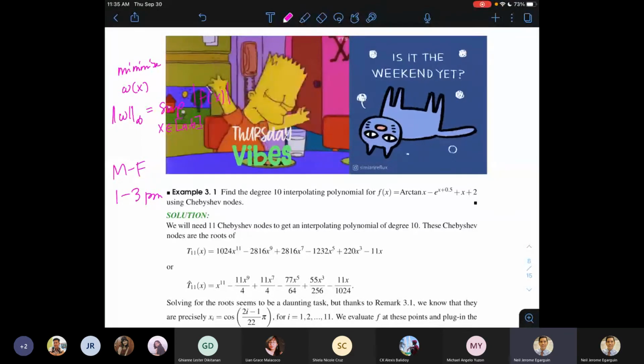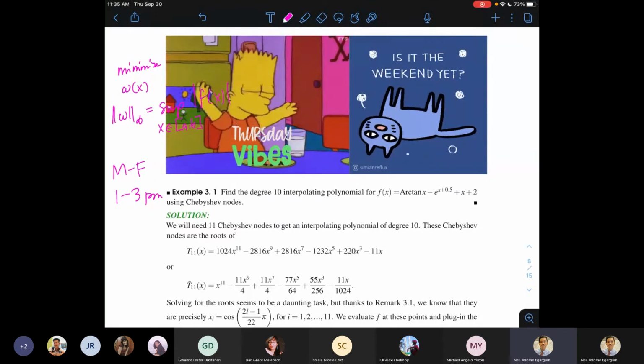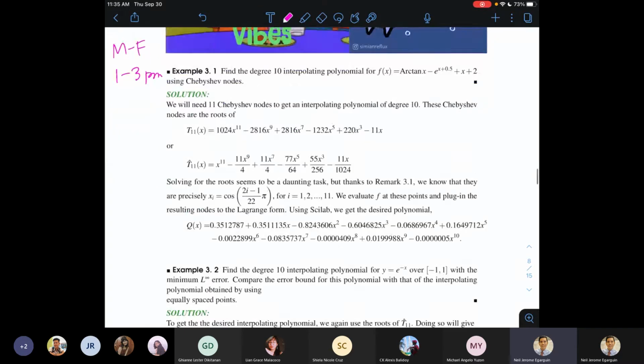So kung pipiliin natin yung mga x_i to be the roots ng Chebyshev polynomial, we're guaranteed that omega, or the L infinity norm of omega, would be equal to 2 to the negative n, where omega would be degree n+1.